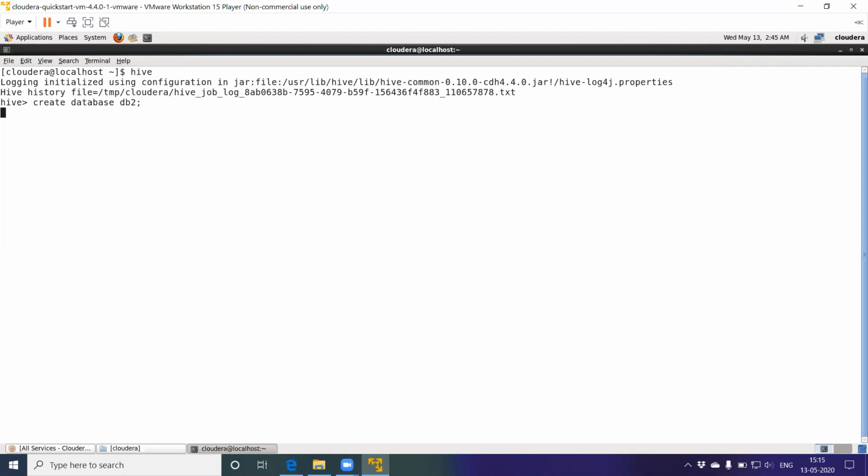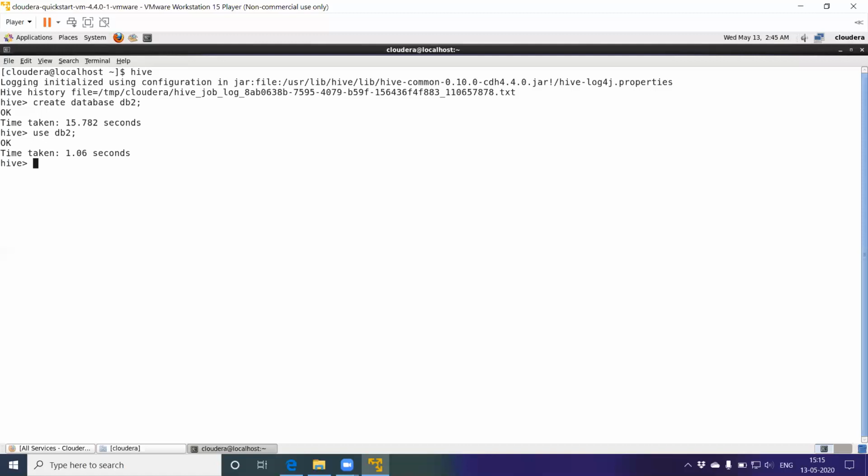The syntax is exactly the same as SQL. Now to use this database, use the command use, database name, db2.